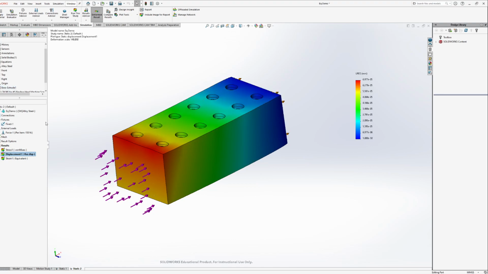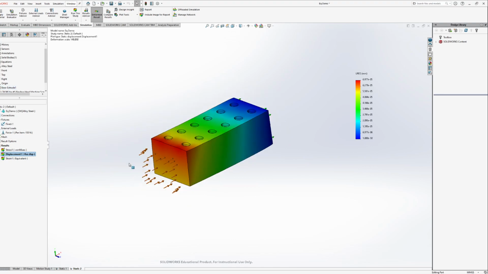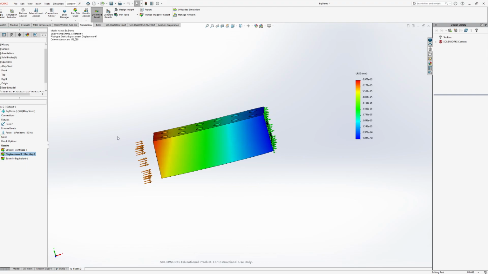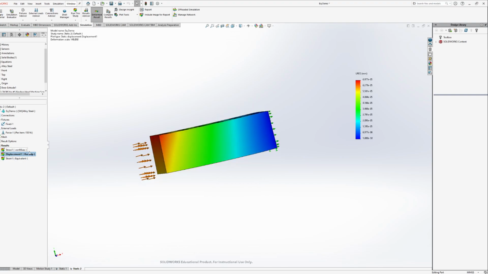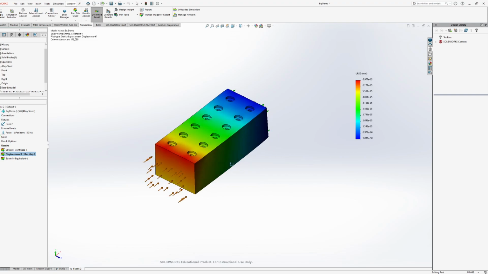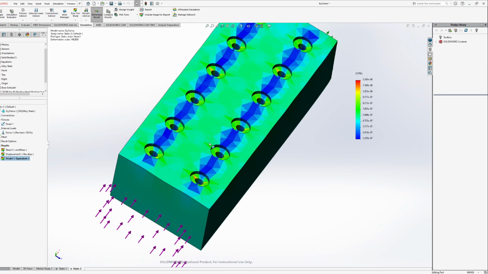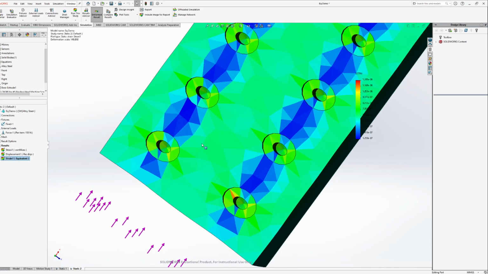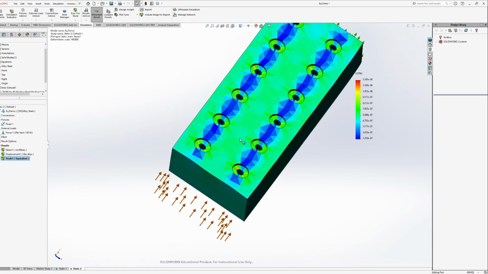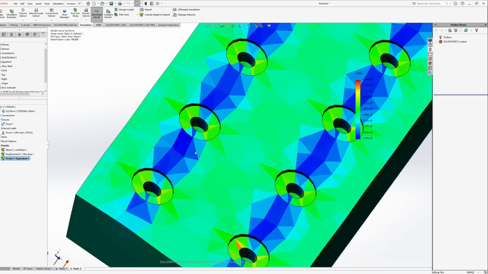So we could obviously ramp this force up and see what happens. Obviously, in an instance like that, we would get a greater stress value. We would get more displacement out of it. We can also take a look at the strain and kind of see what's going on here. This is the one thing that I'm not a huge fan of with SolidWorks, is that it seems like unless you make your mesh ridiculously fine, you're still going to get these very large looking